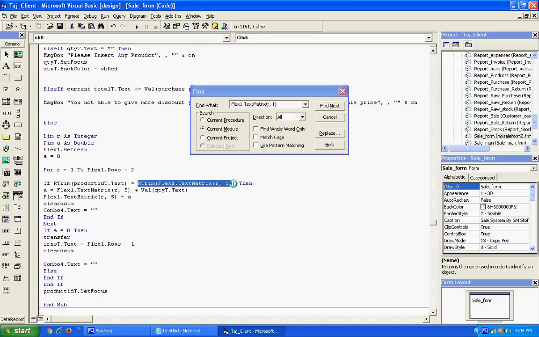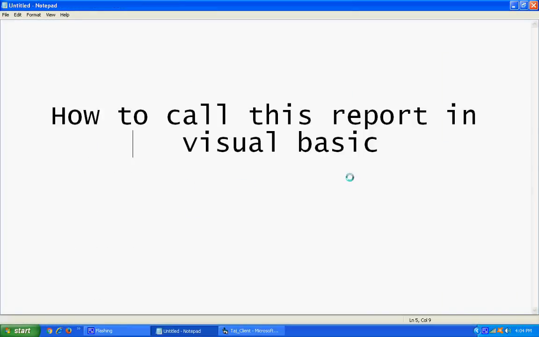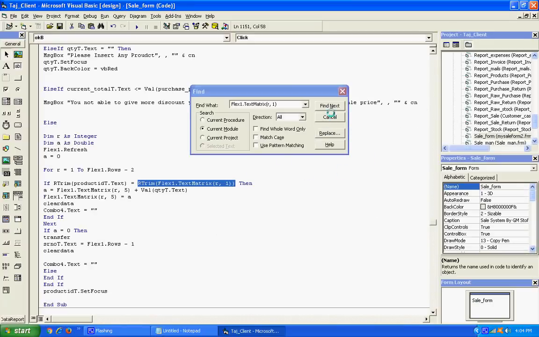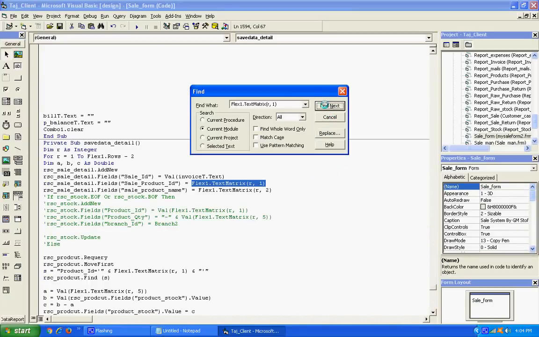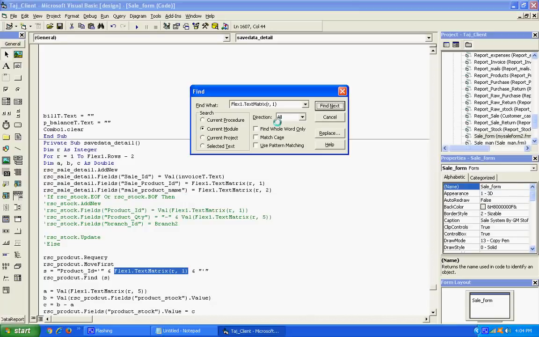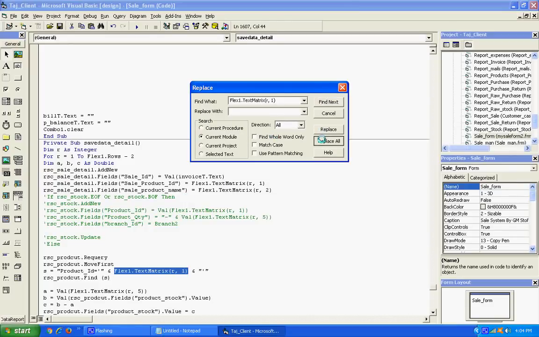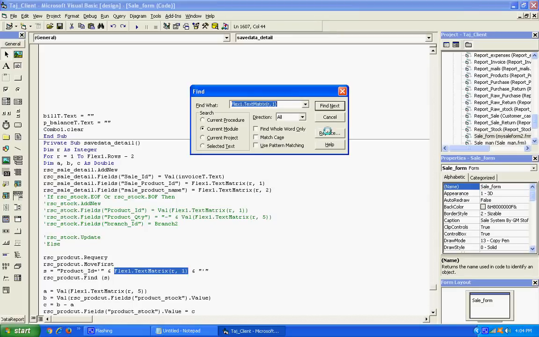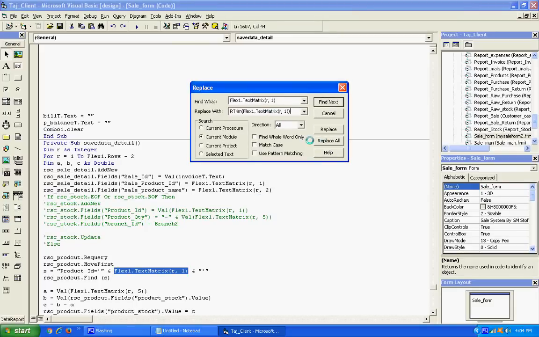I need some data of this type. Replacement done successfully.